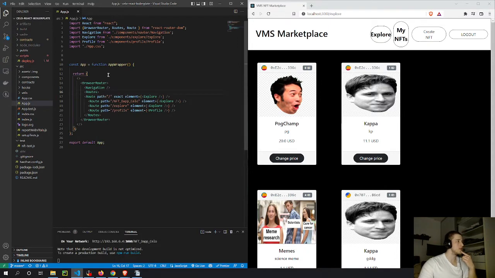So here what I did was to create a routing for the app. Each routing allows you to navigate through different pages, and you use this browser router, which is a thing from React that allows you to do that. Then here navigation is a component that I created, which is this component here that has all this functionality. And the reason why I put it above these ones is because I want this to be on every page that I load. So it has to be outside of this routes page here. Because what this route does is